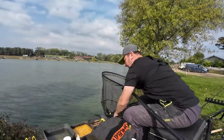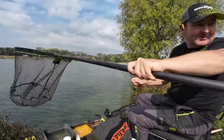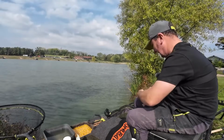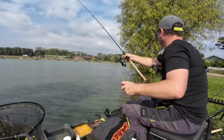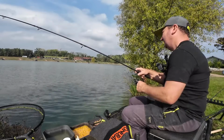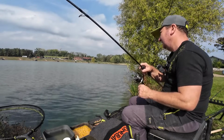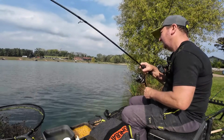Sliding down the silver's net. Well, we're just not hearing about any fish being caught at all, no carp or anything. I think Zach's had a fish, but that's the only one I've heard. Back on that short line, had a couple of little indications, and this has gone round now. Feels like it's another small bream,